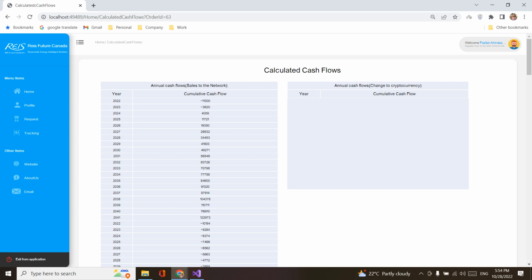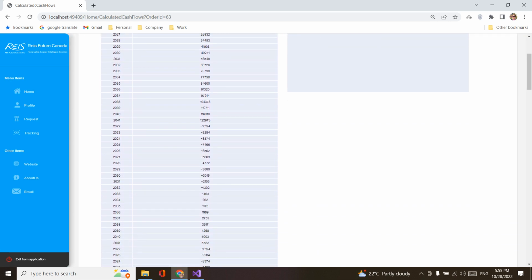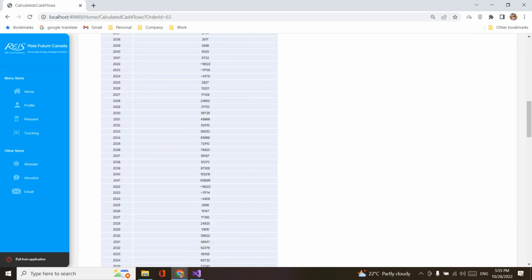And in this page, you can see calculated cash flow for 20 years. In this section, you can see, for example, in which year you can have a profit from installing solar panels for renewable energy.